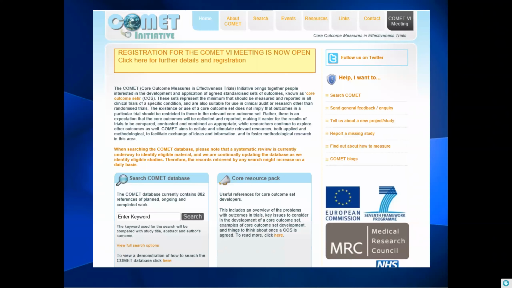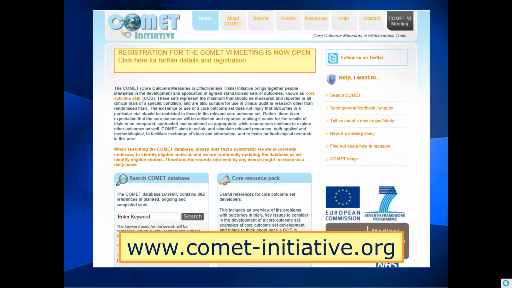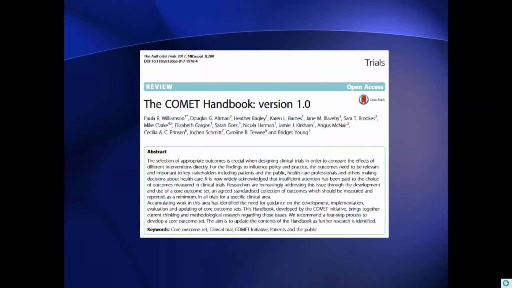There are some other resources in the website, and I'll come on to some of those specifically in a second. So the most important one of those is probably the next one, which is the COMET Handbook. So that was published last year, and it's a very comprehensive document which provides an overview of the problem of selective outcome reporting bias, and then looks at a step-by-step approach of the different methodologies that have been used in the development of a core outcome set. So it offers some nice guidance on the development, implementation, evaluation and updating of core outcome sets. And it too will require to be updated as the evidence base builds and needs to be built around the methodology of how we do core outcome sets.